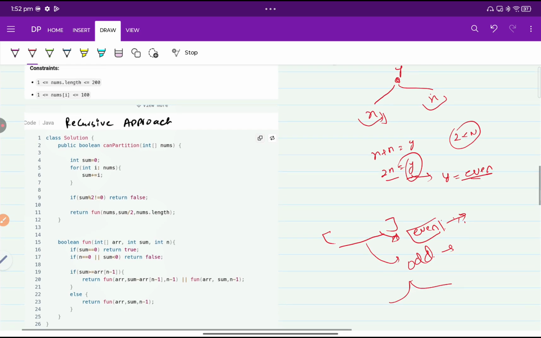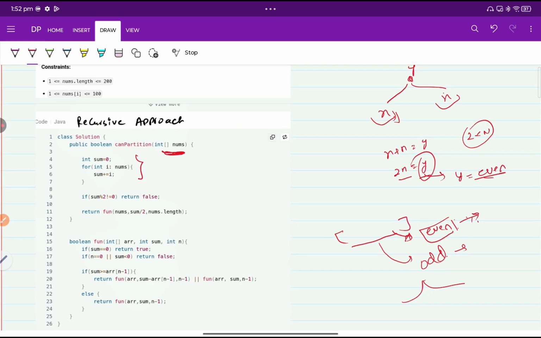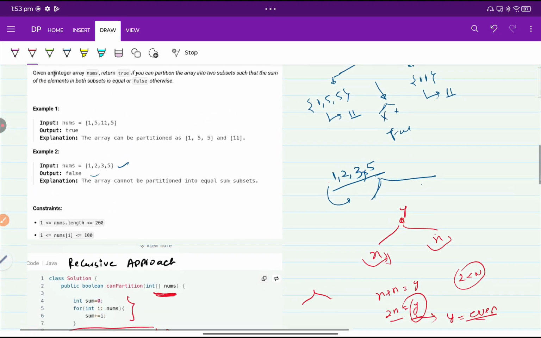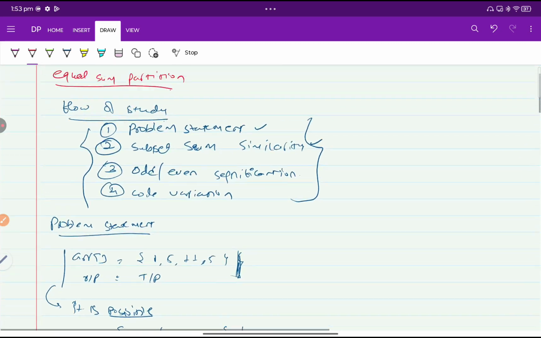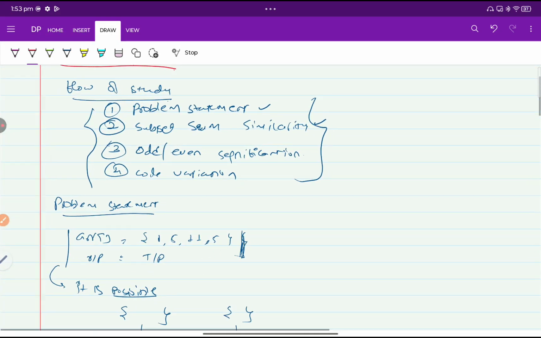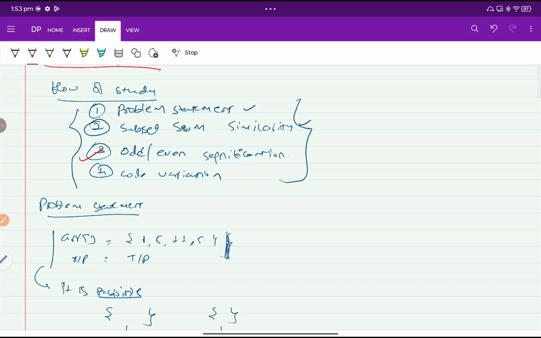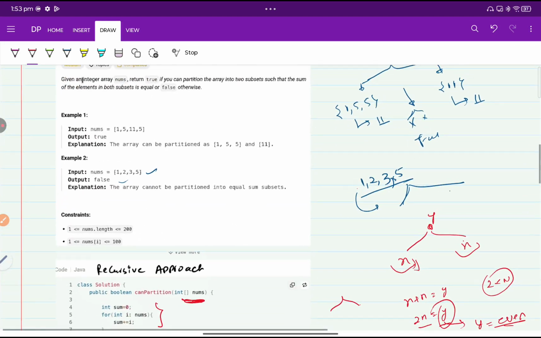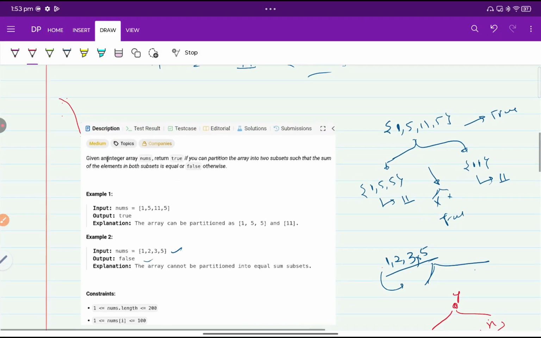That's why, see here, we are given the integer array, and firstly I calculate the sum of the values. If the sum is an odd number, then return false. That means we cannot divide the array into sub arrays. That is the odd-even specification, and this thing is over. Before that we have done another problem, that means